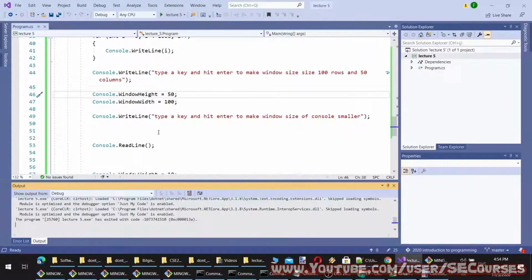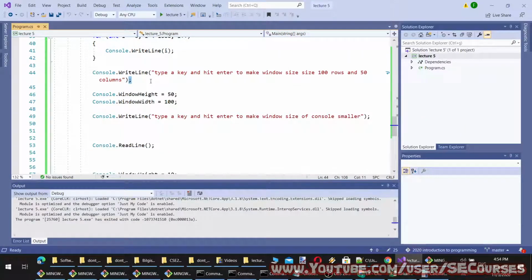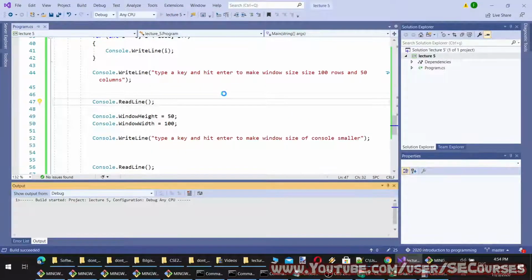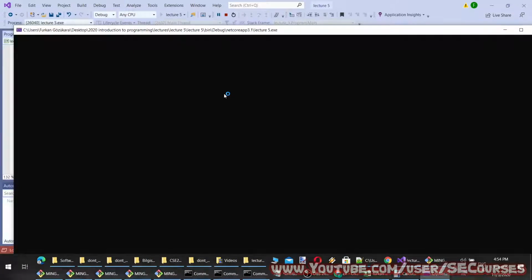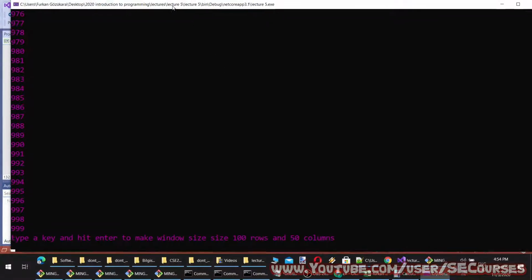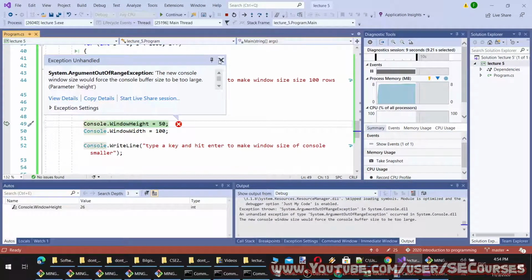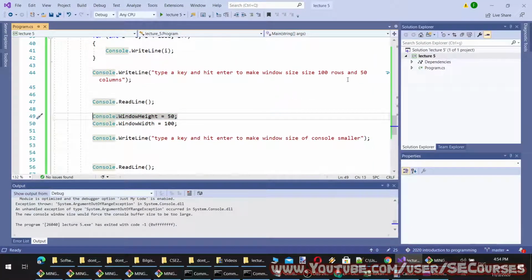Oh, by the way, I have to put a read line here. That's why it has given an error before I do anything. Okay, now I'm going to hit a button and hit enter. Okay, looks like 50 is also too big for column size.